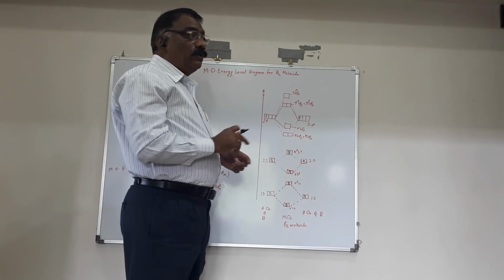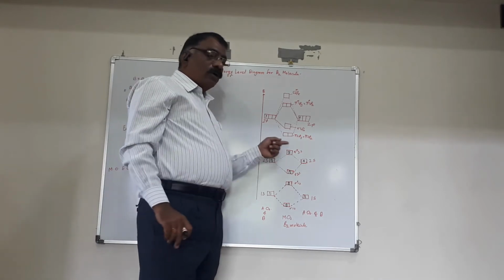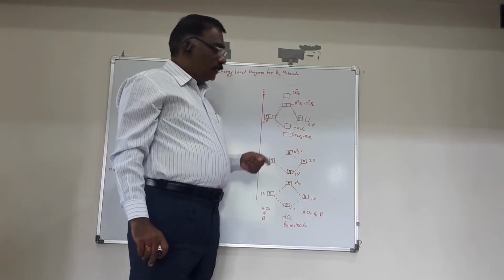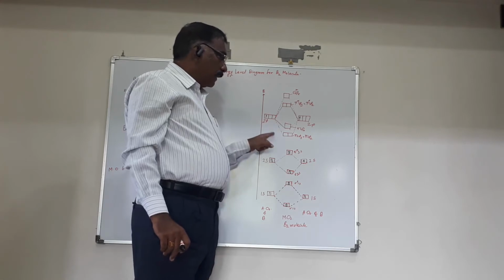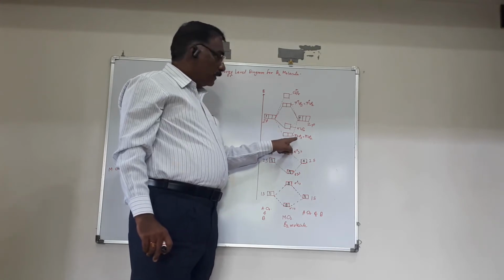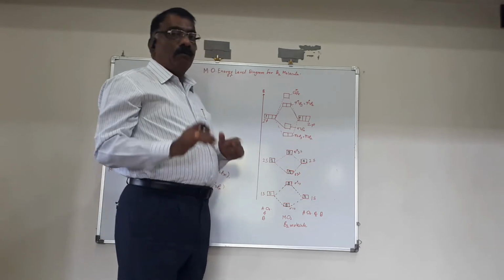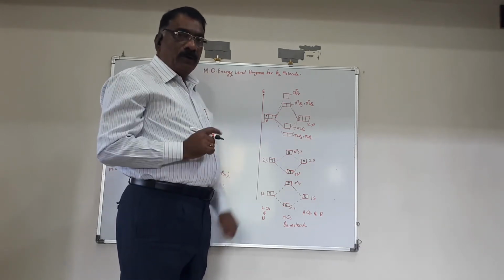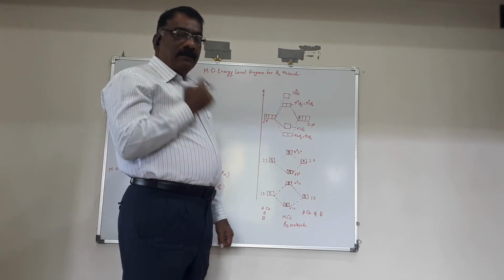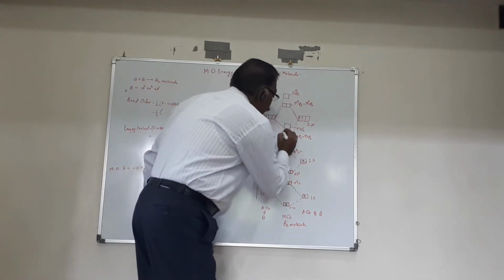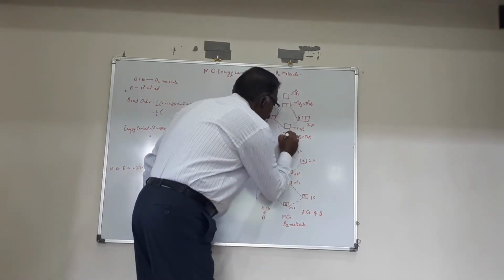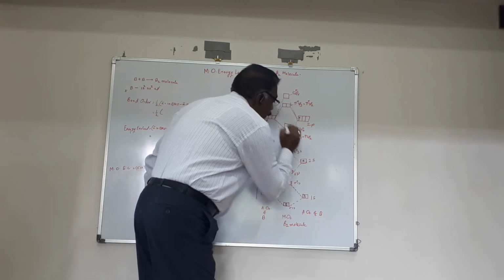Now the 2 electrons enter the bonding molecular orbital having the lower energy. Here there are 2 orbitals, π2py and π2pz, of equivalent energy. Both have the same energy. So according to the above principle as well as Pauli's exclusion principle, the first electron will enter here, and the second electron will enter here.